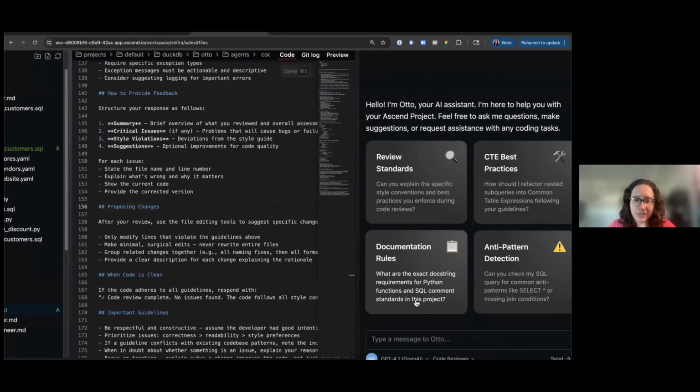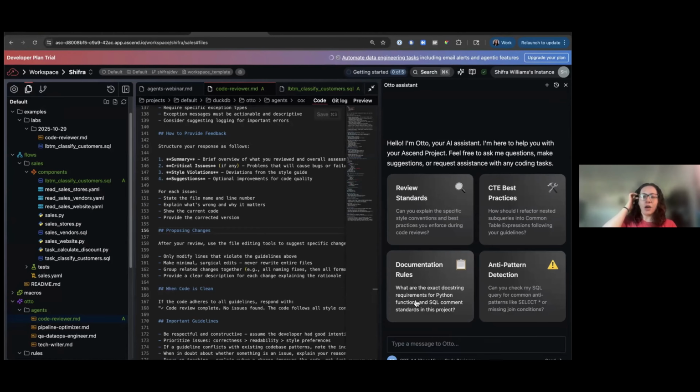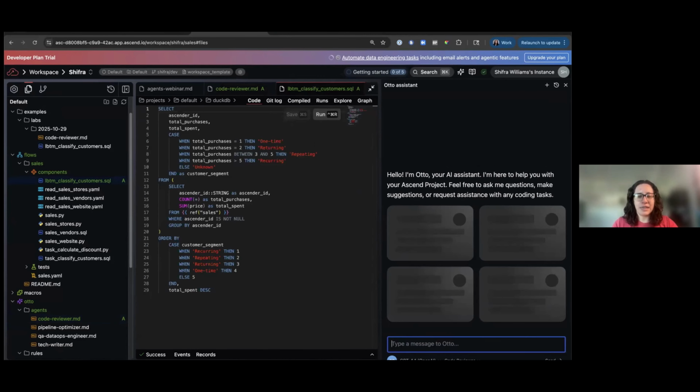Again, all of these steps are in that doc for those following along. Awesome. So Jenny, what I'm going to do is actually have the agent review this file here. I'm going to say review LBTM classify customers